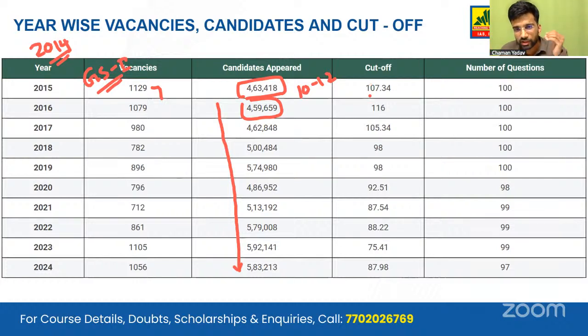So in 2015-16, I think the questions were relatively direct and more from the current affairs section. So the cutoff used to go a bit high. In 2016, the paper was the most heavily current affairs based paper that I have seen till now. And the cutoff shot up to 116. We can't imagine this in today's trends, like what UPSC has been doing in the past 2 to 3 years. We cannot imagine that the cutoff can reach 116.